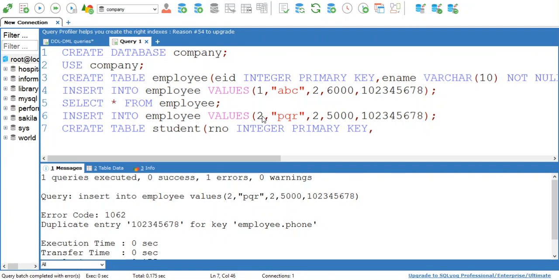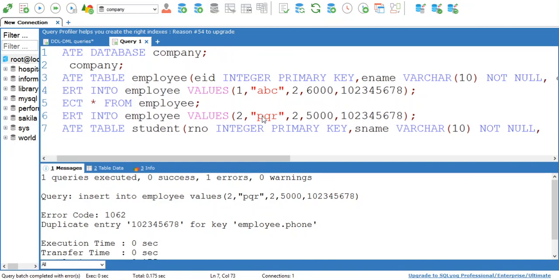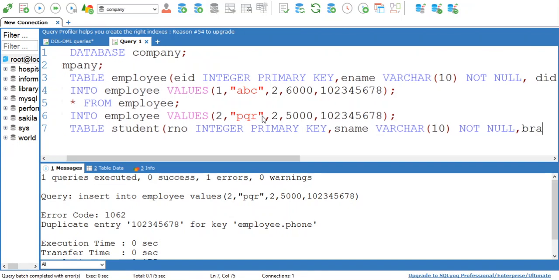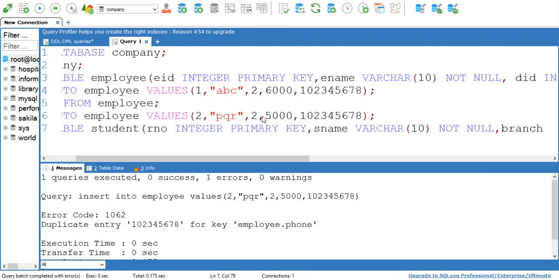Then I want to save the name of students also, so here sname is given, which is of character type, and name should not be null. So not null is written here, and now I want to store branch.